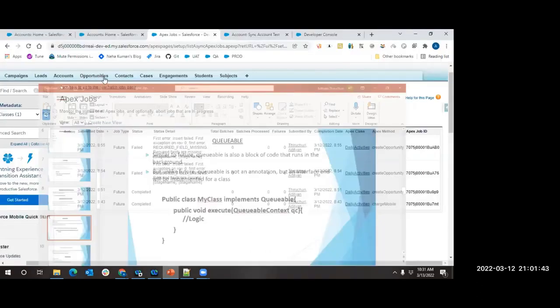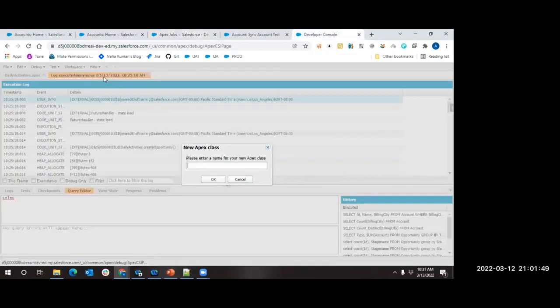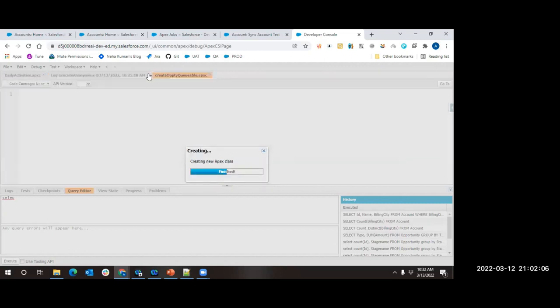So I'm creating a new class here. Unlike future, where the advantage is that in your existing class, for an existing method, you can just set that feature, for queueable that is not the case. You have to create a new class. If you want to say something as queueable, it has to be a class. Okay, fine. Let me create a new class. Create opti queueable. I'm trying to create this opti queueable.